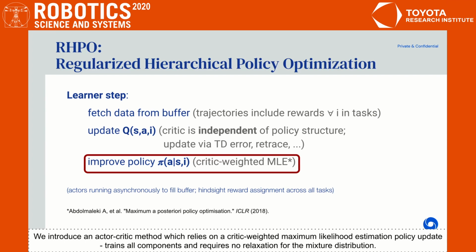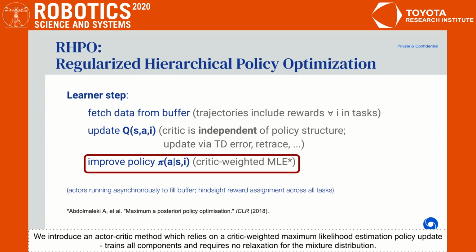To train mixture policies, we introduce an actor-critic method which relies on a critic-weighted maximum likelihood estimation update procedure. We can use trajectories to train all components, independent of which mixture component generated the data. Furthermore, this formulation requires no relaxation for the categorical distribution. Additionally, in the multitask case we assign rewards for all possible tasks to trajectories independently of which task's policy was used